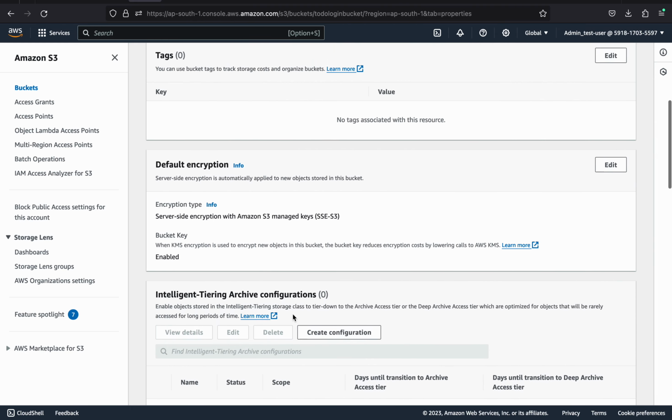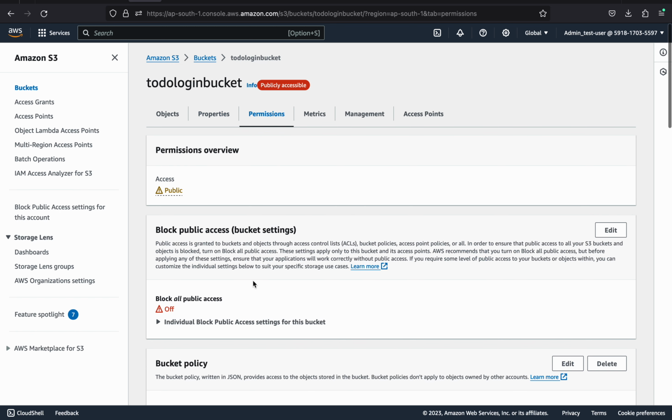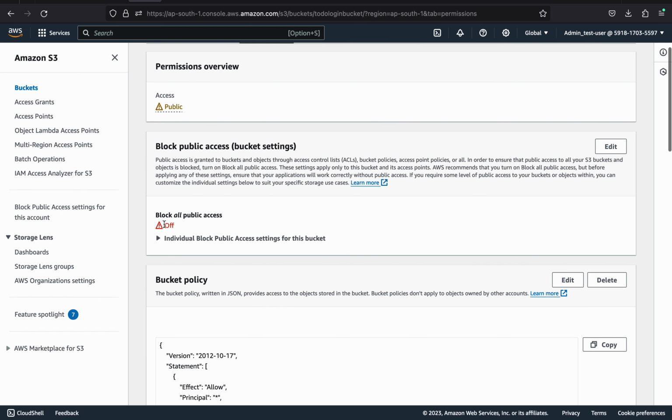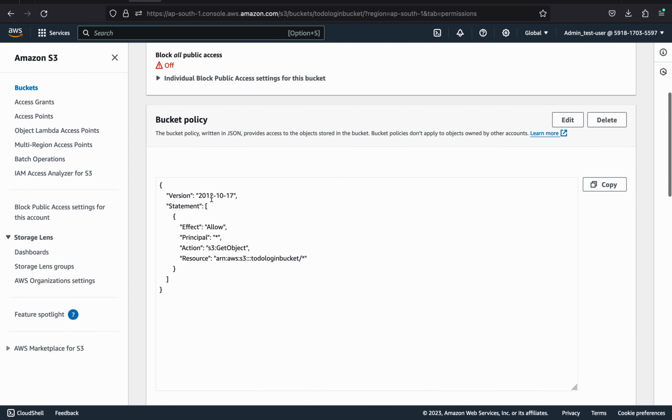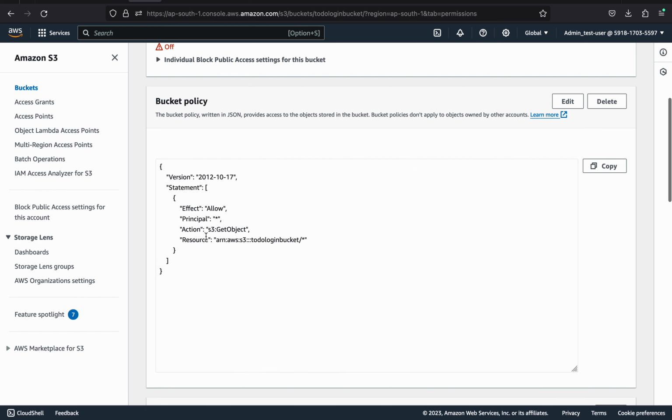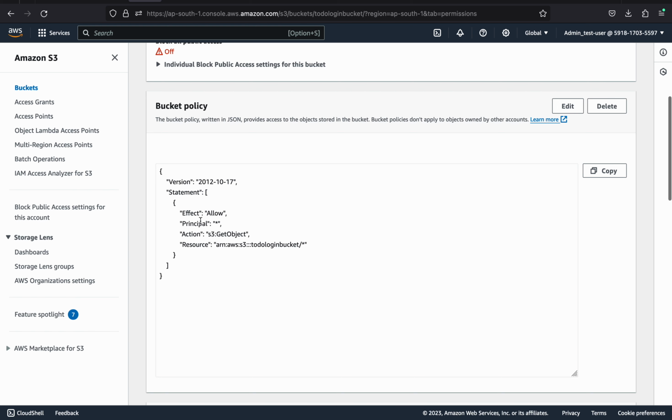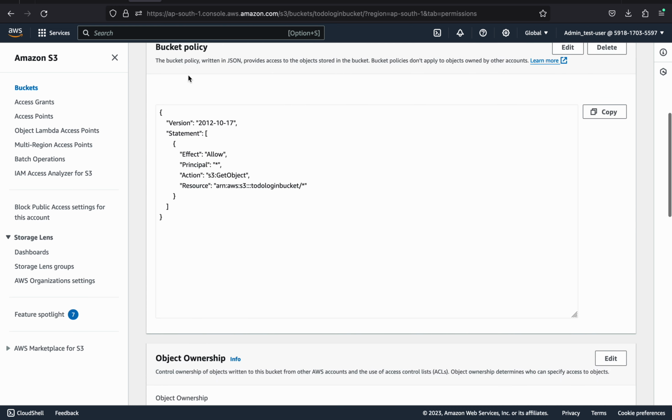And another setting I have given is permissions. So I switched off block all public access. This function is switched off so that it can be accessed as public. It is available as public only, and I created a bucket policy. This bucket policy allows external, public access to the objects inside the bucket. What are the objects inside the bucket? The login form. So a URL or an IP address from outside can access this Amazon S3. For that only we have given this bucket policy,